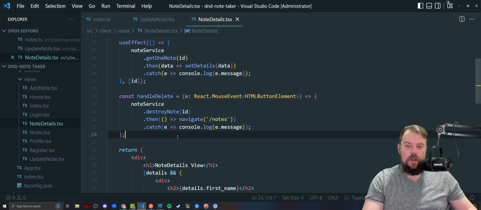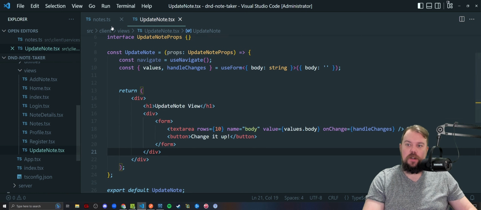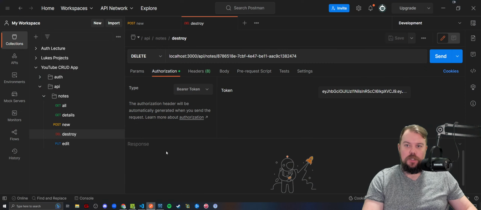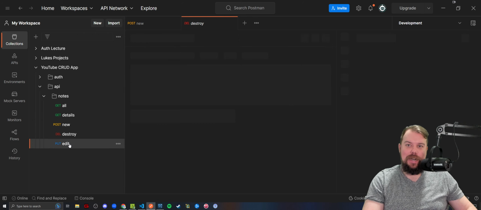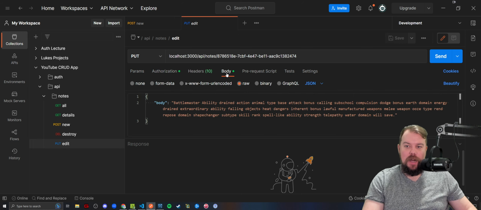From here, we are going to now, this is no details, but we are done there. Update note is where the action is at. So let's take a look at our tab of how we edited a note. It was a put request, API notes / ID. It had authorization and a body of just body. Basically, whatever the edited content needs to be, we just kick back to the server and let it edit our